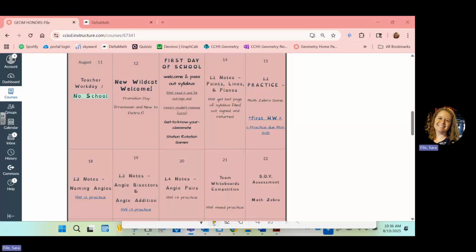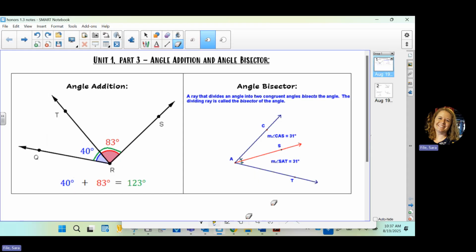Look at that first image on your notes outline. Let me get the calendar off here. Screen. Here we go. So looking at this image on the left where it says angle addition, I think this one